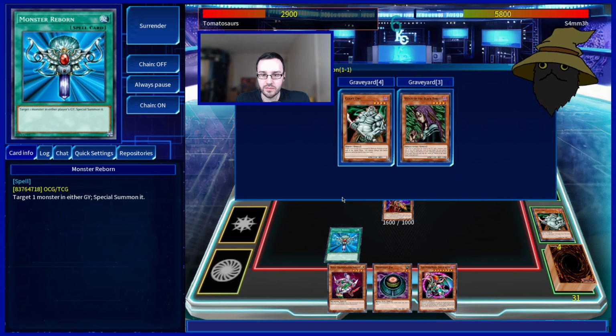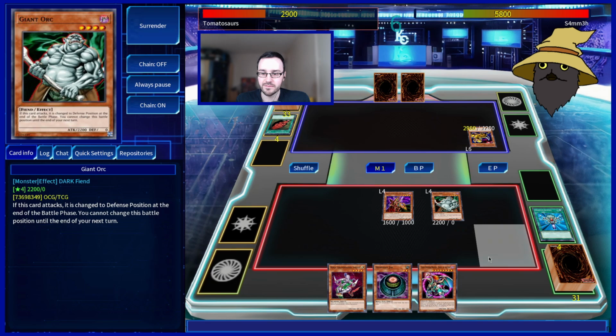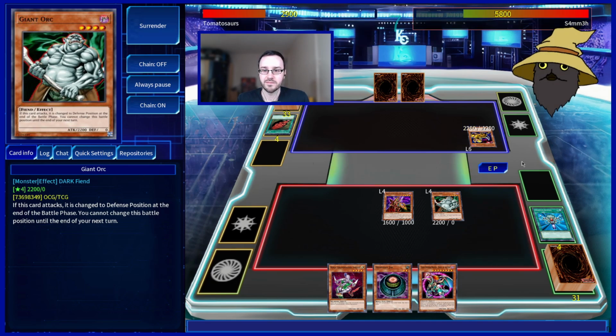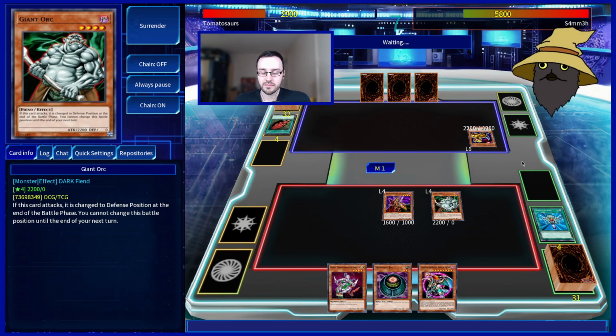I'm going to activate Monster Reborn. I'm going to bring back the Giant Orc. Okay. This is still good for me because you can't deal... Yeah, I can't deal with your board. I now need to hope that you just can't deal with mine. Okay. So if you had... If you had something that could deal...